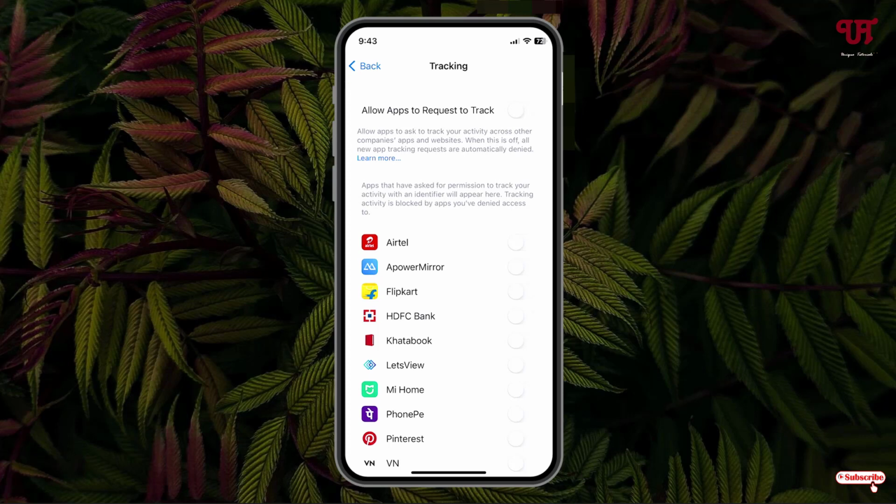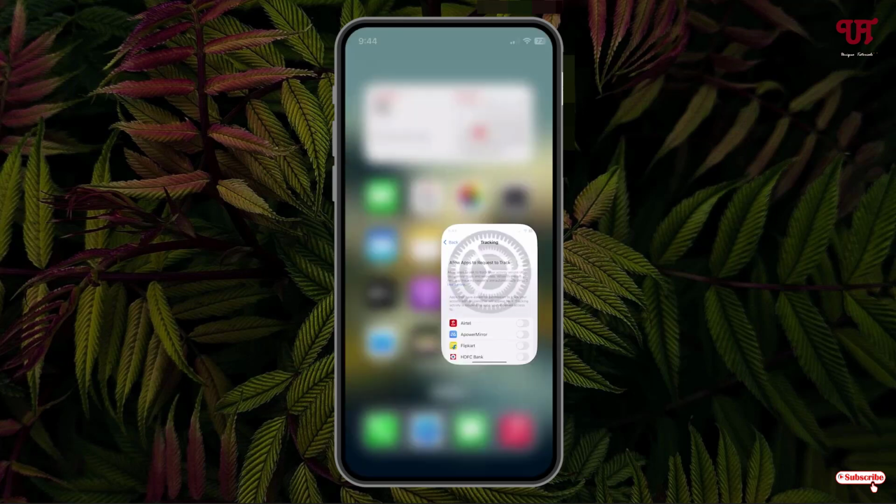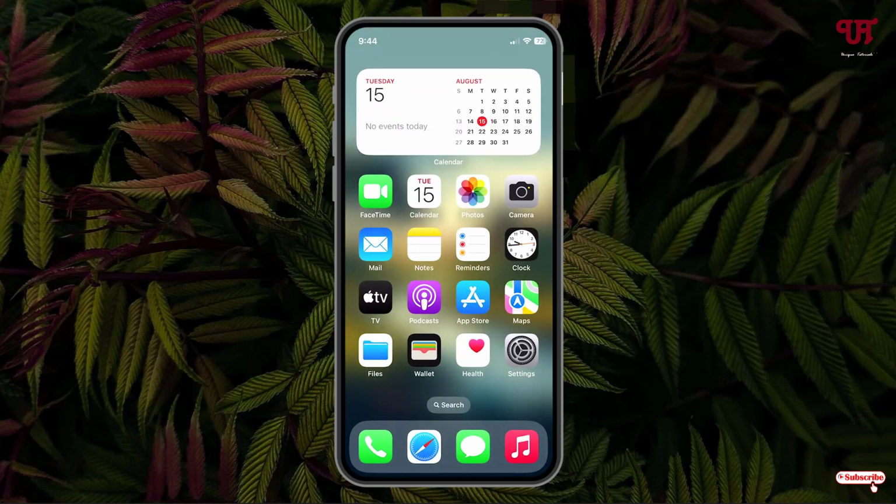So by going to this option, which is available inside this settings option, you can easily find out the apps that are tracking in iPhone or iPad very easily. So if you never knew about these hidden options present in your iPhone or iPad devices, then you should definitely